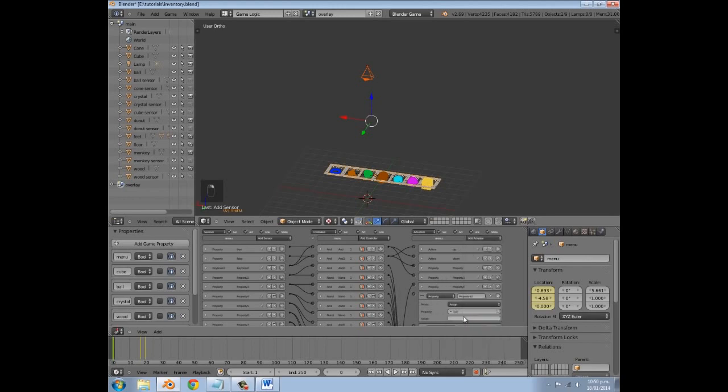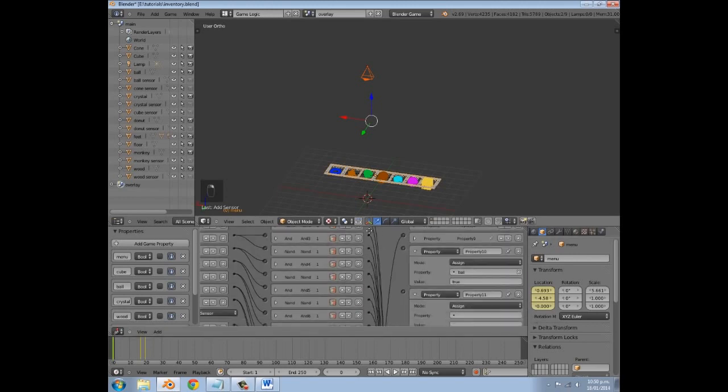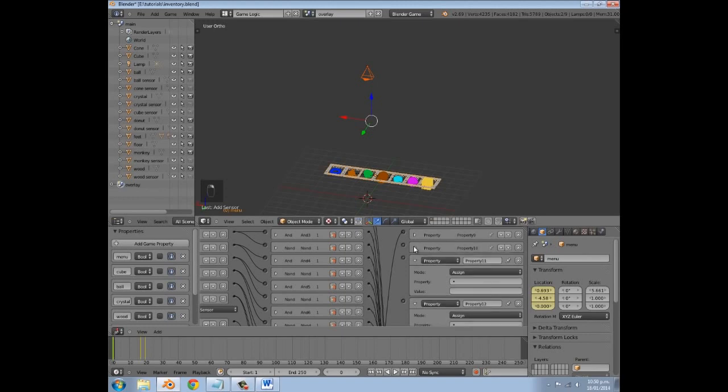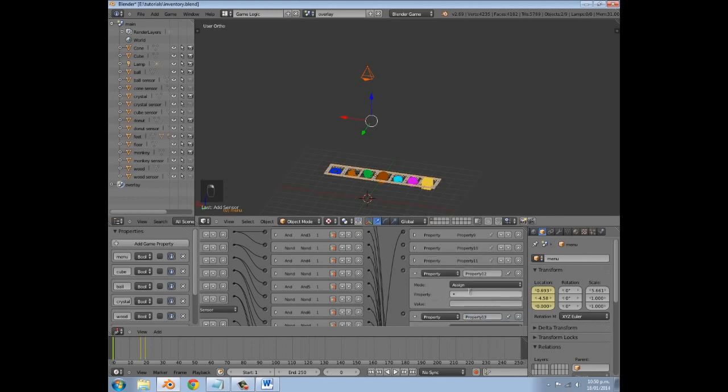Then the first one's going to be assign ball to true, and hopefully, I'm not sure if it makes a difference, but it looks neater. The next one's going to be crystal to true, and the next one is going to be cone, I think. Nope, the next one is wood. So that to true,